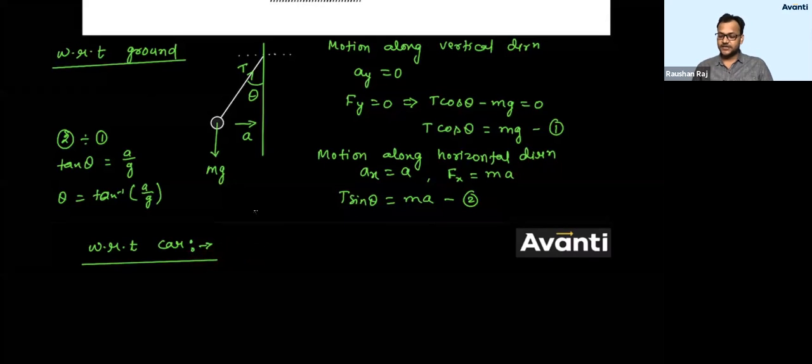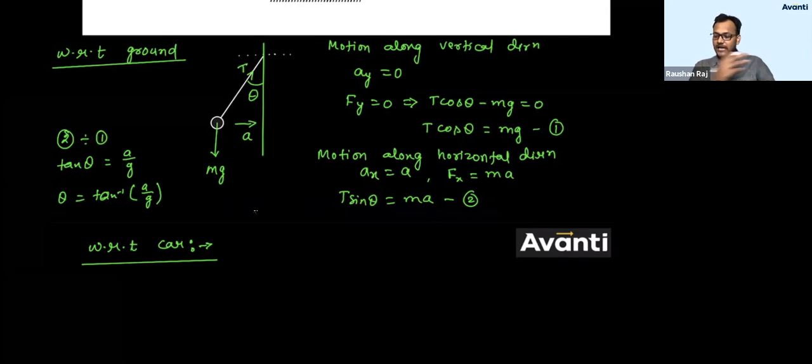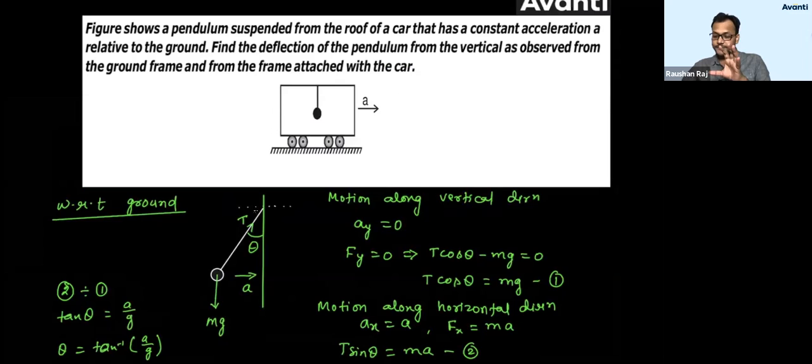If I change the reference from ground to car, now let us say the observer is inside the car. So I would say this Ax is not A, because if I'm asking you to observe the bob, observe the pendulum with respect to car, that means locate an observer on the car. So with respect to this observer in the car, what will be the acceleration of this bob, guys? Tell me. Can I say that will be 0? This man will see it's not moving anywhere, it's not accelerating. So acceleration of this pendulum bob with respect to man in the car is 0.